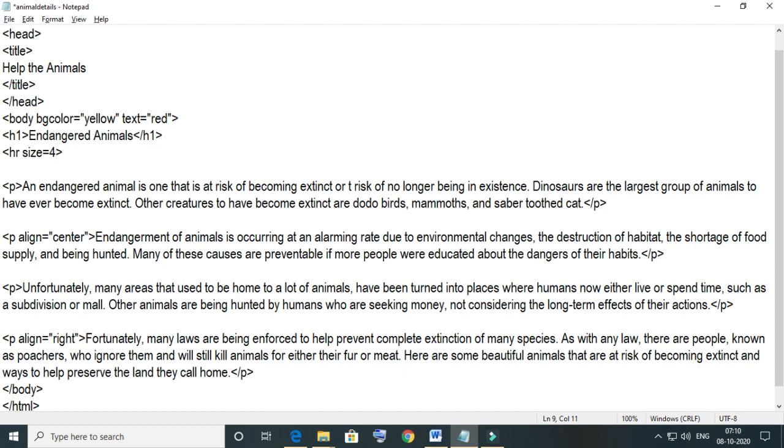Size is equal to 4, width is equal to 80%, align is equal to center, and color is equal to green.